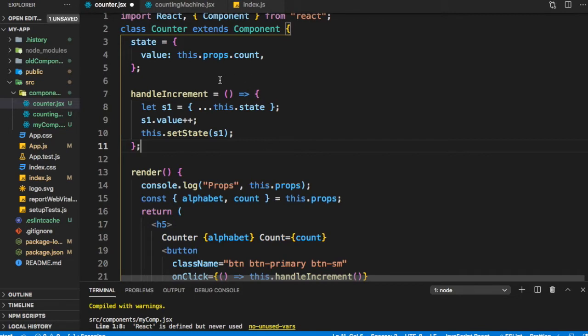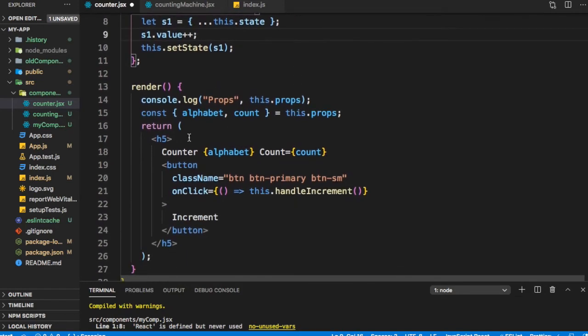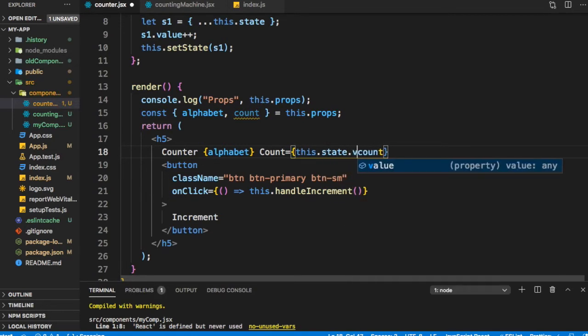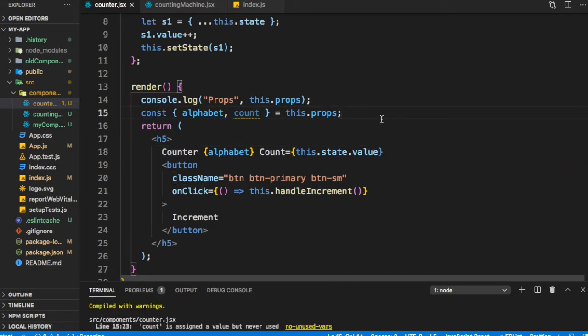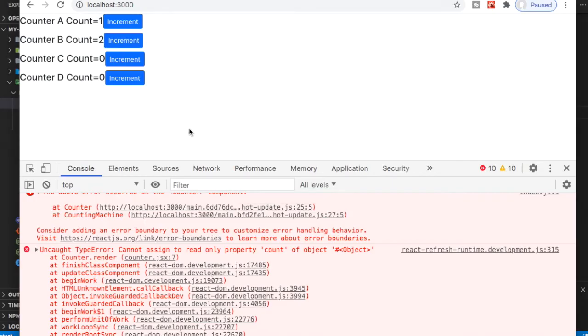This would lead to the value in the state getting updated. So here, while displaying it, instead of count, I can just call it this dot state dot value. If I display that, that should be fine. If I display count, obviously that is not getting changed. Let's go ahead and test it.